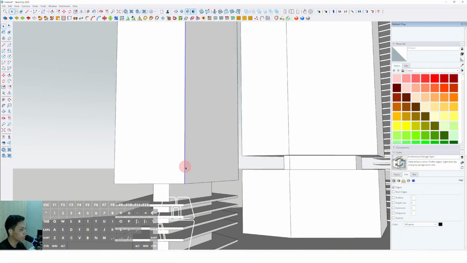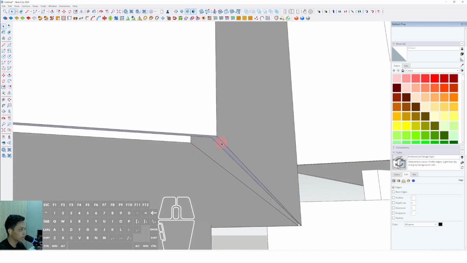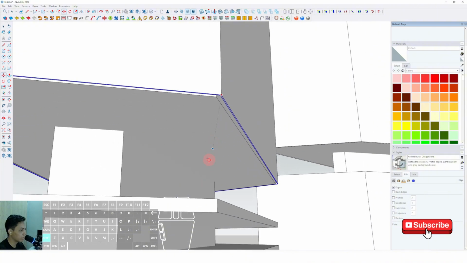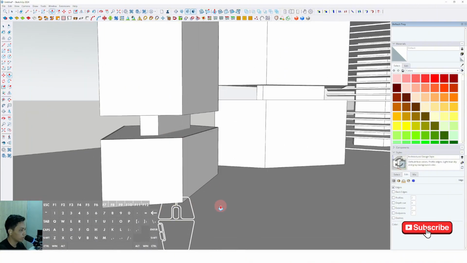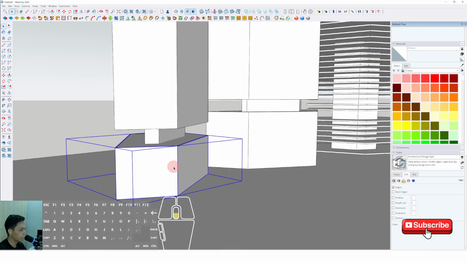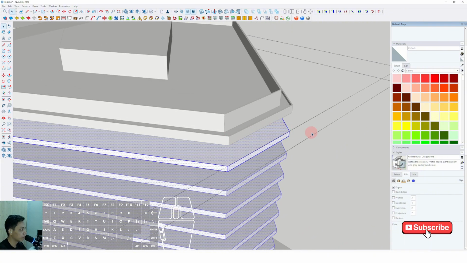Okay, then we have to click this surface, and we can select copy. We can select this surface, select move, press Ctrl, and place to this other position. Okay, then we have to push it down until this position. Then we can triple click, right click, and make group. And also this one. Okay, we have to click